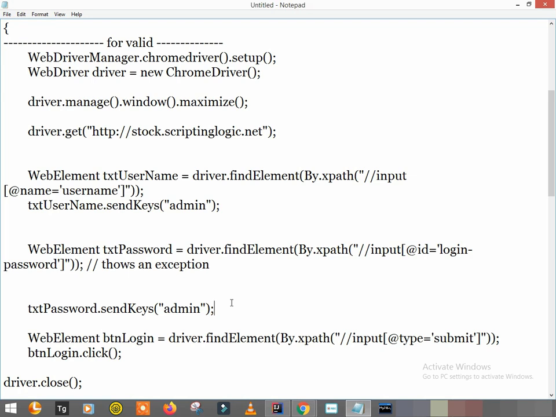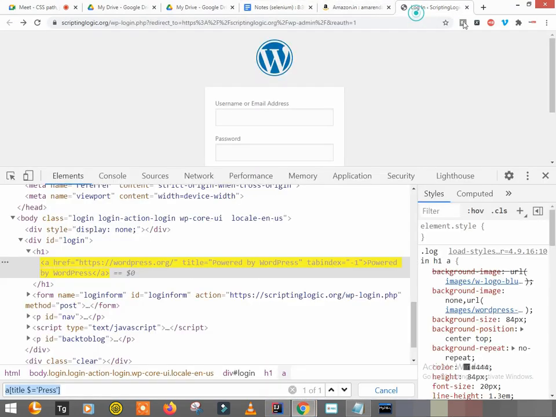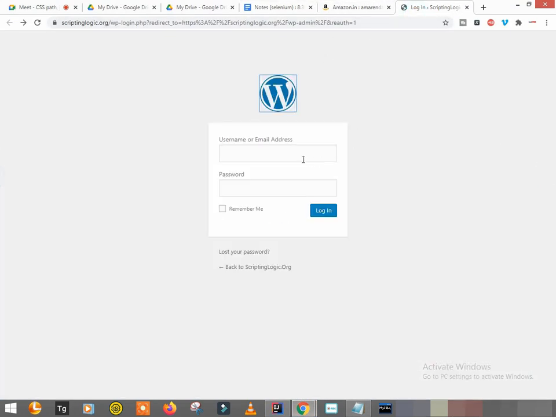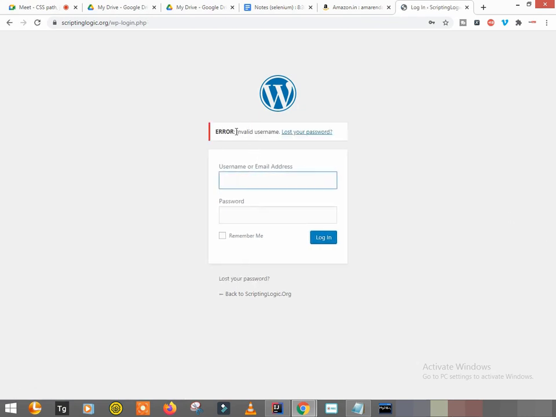Now it's not that we cannot do it in the main function, we can do it, right? For example, let's say this is the login page, so let's fail this case. I put an invalid username and invalid password, so I may get a certain error message. This is my expected result, right?